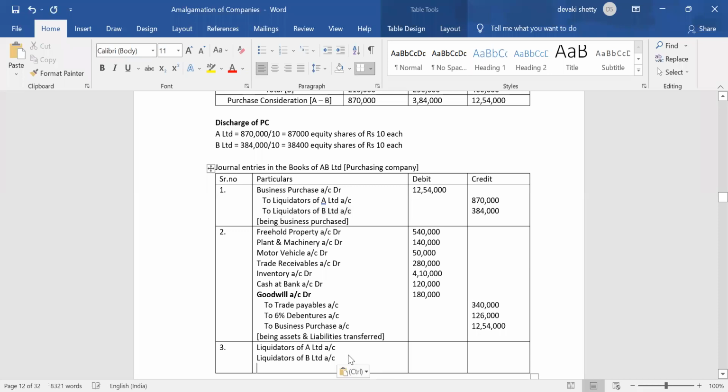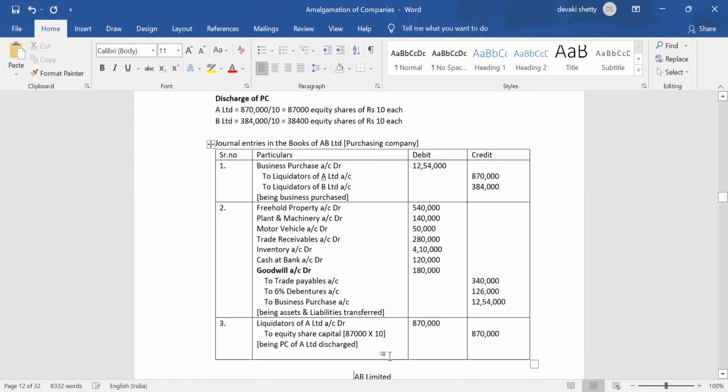एक ही एंट्री में कर लेते, ये हम दो डिफरेंट एंट्रीज में भी कर सकते हैं कि ए लिमिटेड को कैसे डिस्चार्ज किया, बाय इशू ऑफ 87,000 इक्विटी शेयर। या तो वी कैन डू इट टुगेदर ऑल्सो। लेट अस डू इट सेपरेटली, अलग अलग करते हैं। लिक्विडेटर ऑफ ए लिमिटेड इज 8,70,000, इनको क्या दिया बदले में, इक्विटी शेयर कैपिटल। कितना शेयर्स, 87,000 into 10, 1 शेयर इज ऑफ 10 रुपीज, तो ये बोलेंगे सेम अमाउंट बीइंग PC of A Limited discharge।